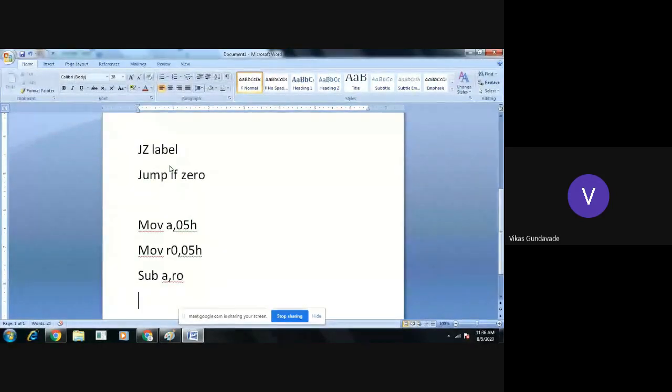Now suppose the instruction is JZ, and we get the label as back. So what does it mean? Jump if 0. And if it is 0, where do we need to jump? Suppose the label back is given here, at this location. Then what will happen? Here the result of this arithmetic operation is 0, so it will set the 0 flag, and if the 0 flag is set, then it will remain in the